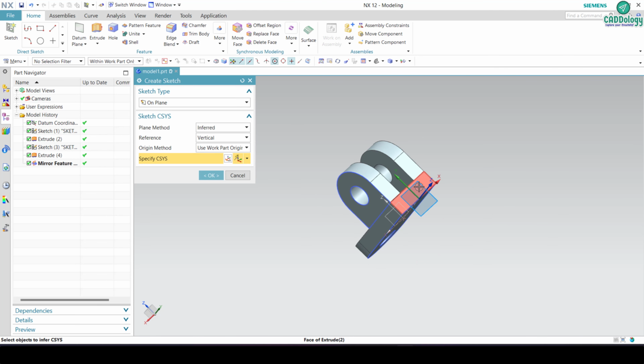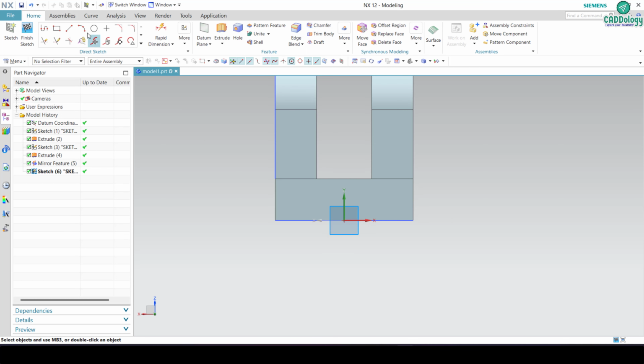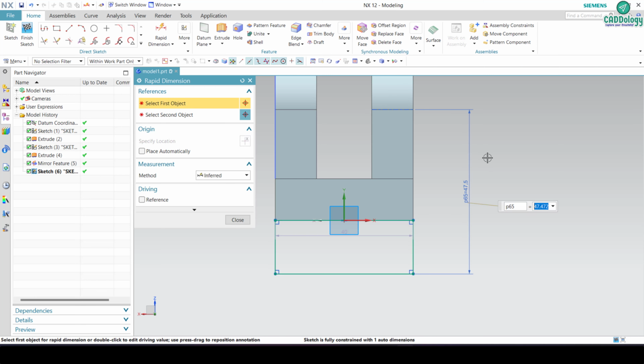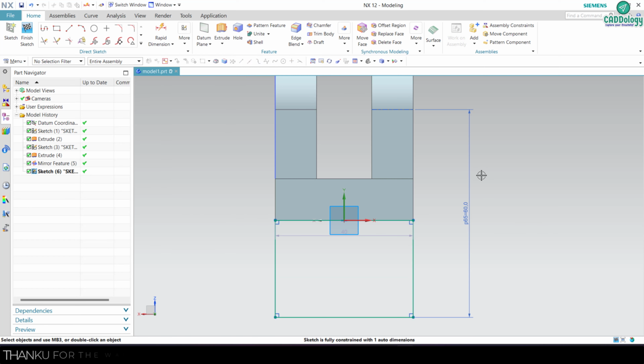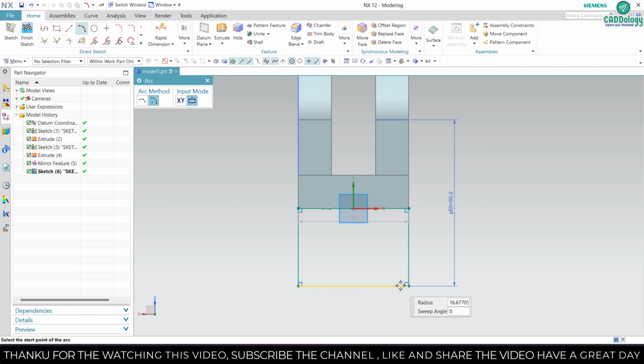And sketch in a back face as a plane, and make a rectangle, and the dimension is 60 from this point, so we can put 60 mm. Width is 40 mm, and make a center arc